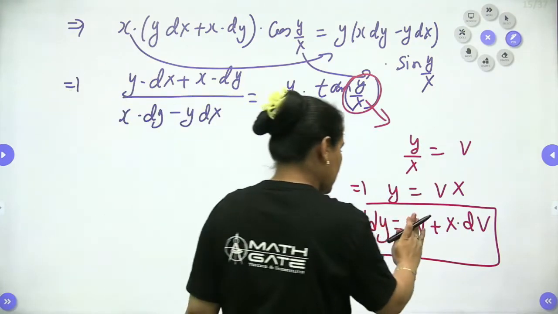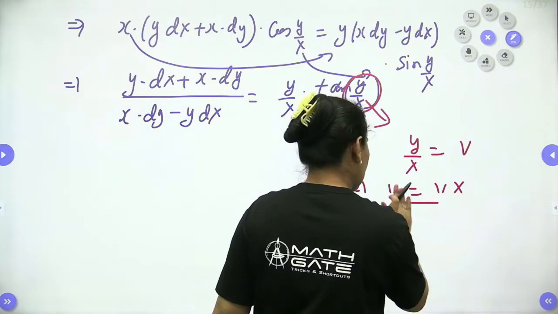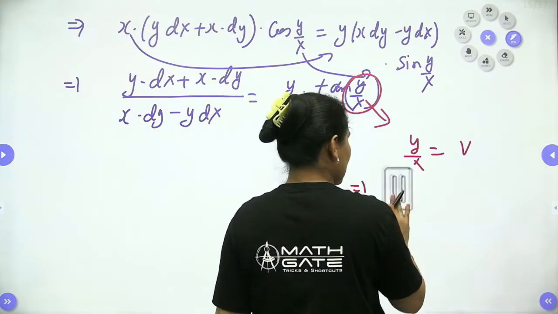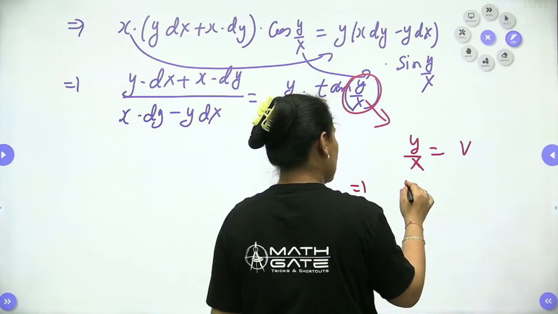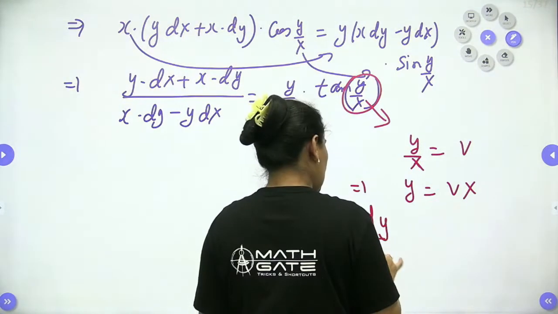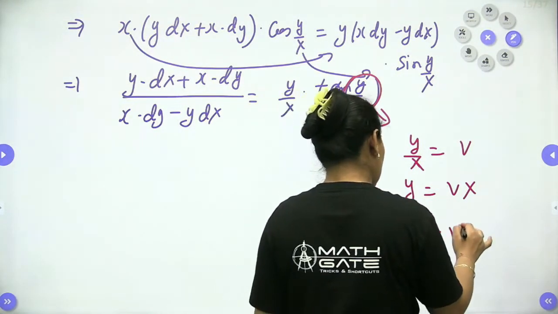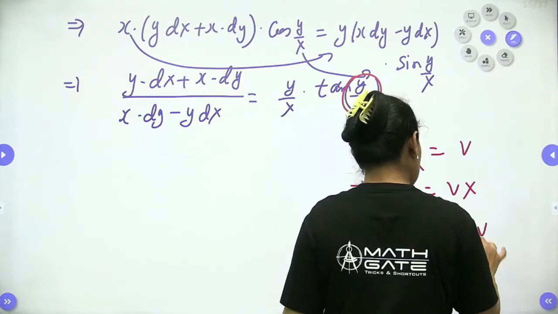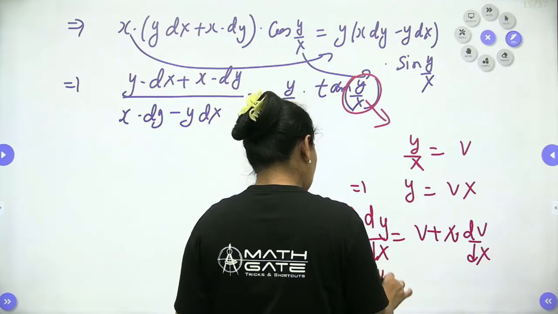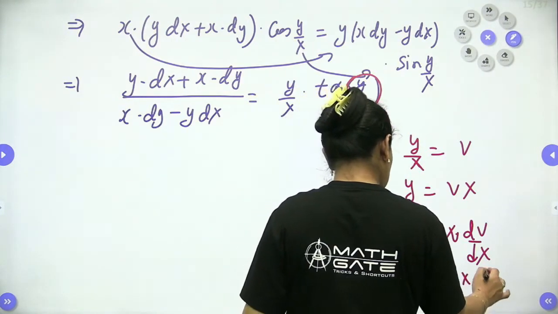Okay, it should be dx only, because generally, let me show you. Generally it is... why I am writing this, because in the question we do not have exactly the form of dy by dx, so that's why y is equal to vx. Then dy by dx is equal to v plus x dv by dx, but we cannot approach here because we don't have dy by dx. So we can write dy is equal to v into dx plus x dv.